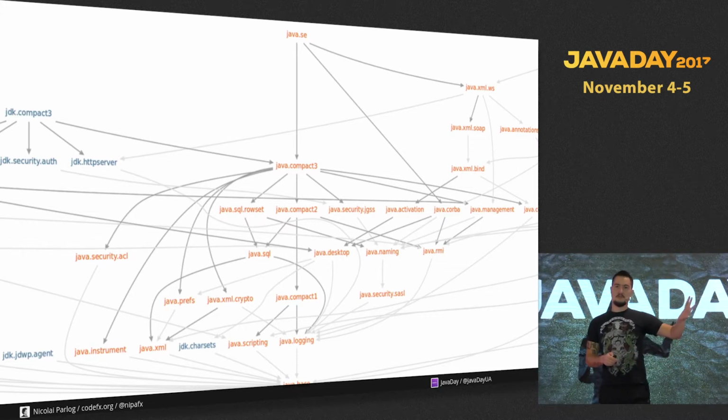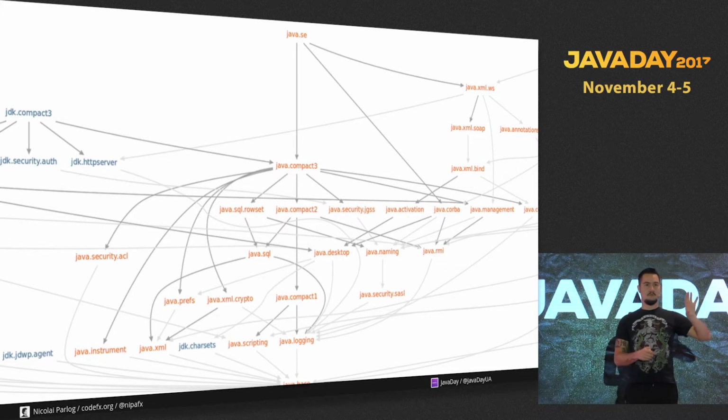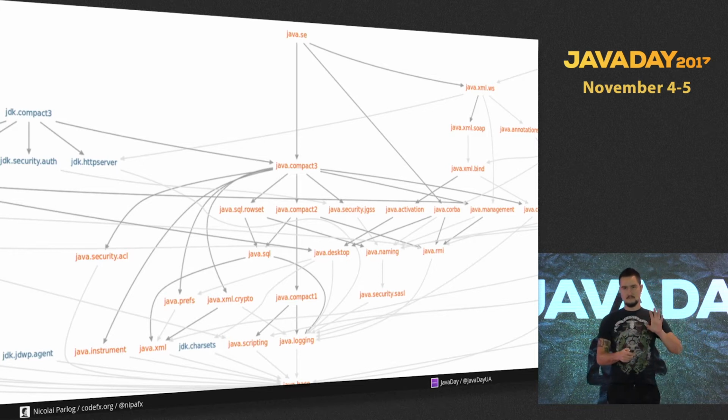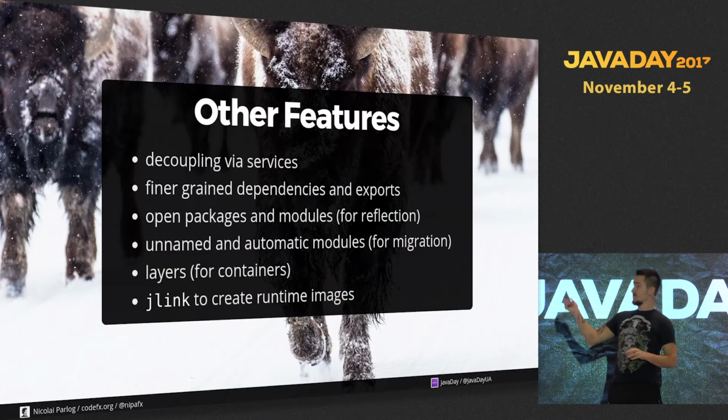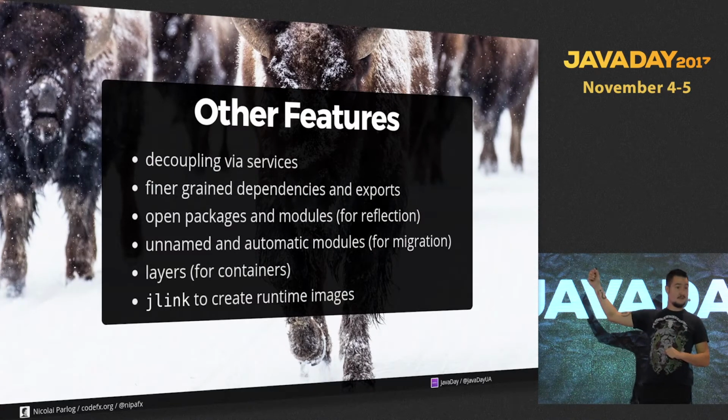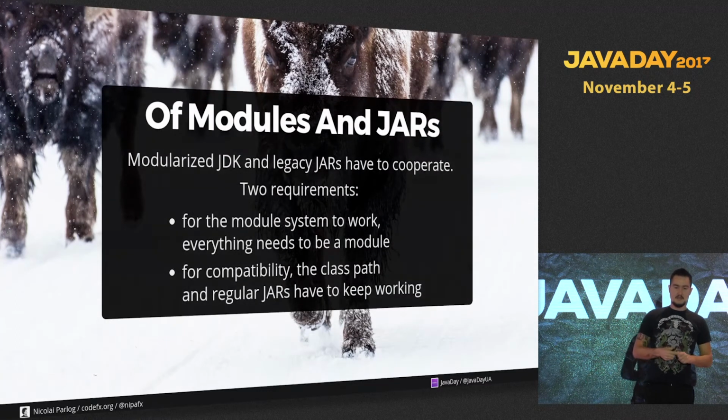Okay, so what I just talked about was the purely modular world. If we were in a world where everybody had modules. We're not in that world though, right? So, first the other features, sorry. Other features of the module system, most of them at least, I introduced yesterday. If you're interested in them, have a look at that talk. So, what I was saying,